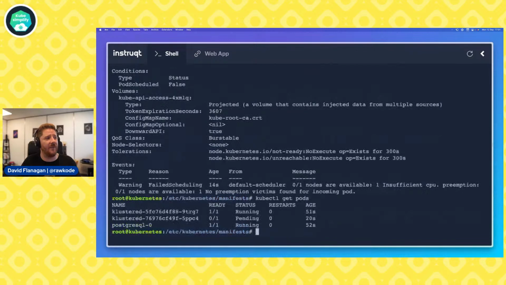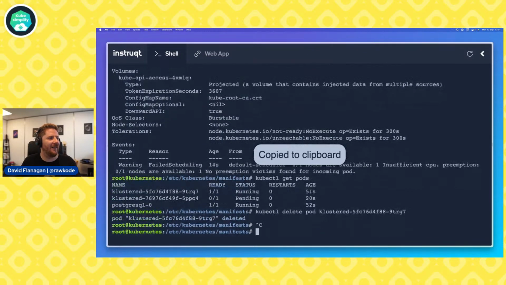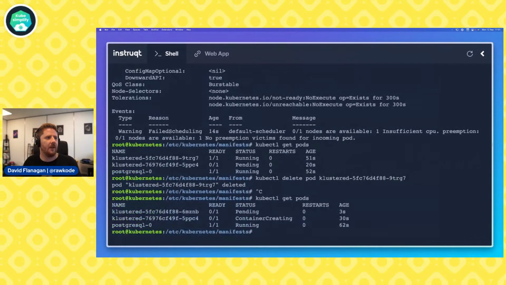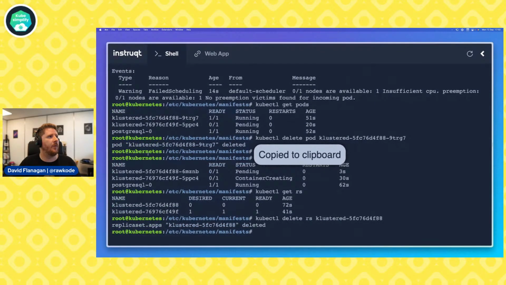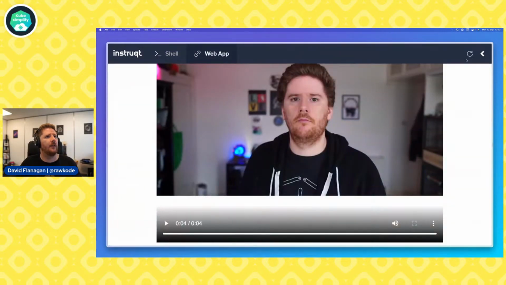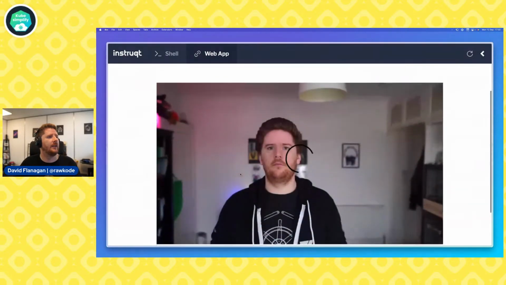I actually have run out of memory now. That was unintentional. I'm going to delete our old pod. See if that encourages it. Cool. So our v2 is now in container creating. This is going to be a little bit of confusion, but we will see the dance, and our old replica set pod is trying to be recreated. But we could just delete that replica set and get that to go away. And if we pop open to our web app, you should see the dents.